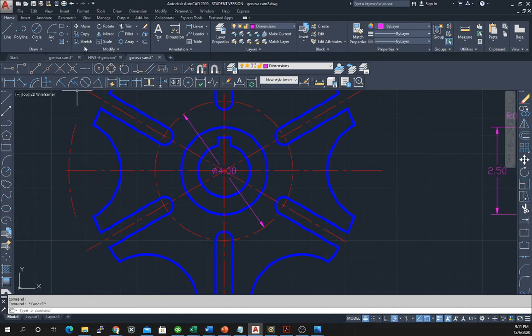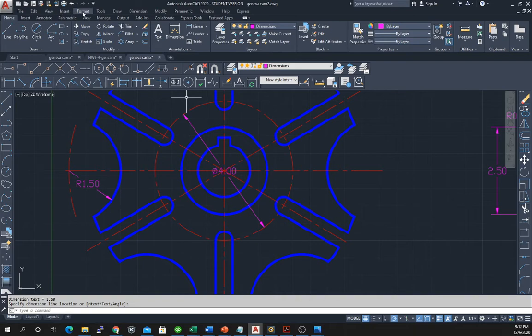However, before we do that, let's do the following. Let's do this dimension over here, because this dimension here actually does need to be that way. So that particular dimension is going to be a radius dimension, and it will be this one here. We can click on this radius, and it's the R1.5. We can put that in just like that. And at that point, then, we can come back,